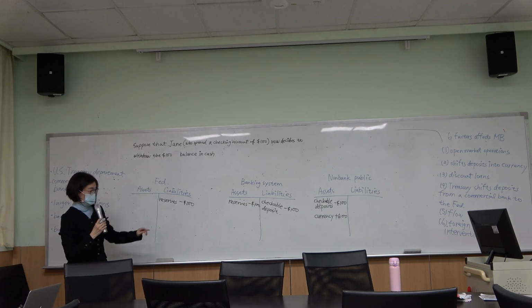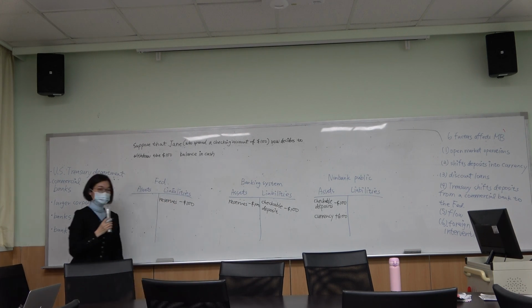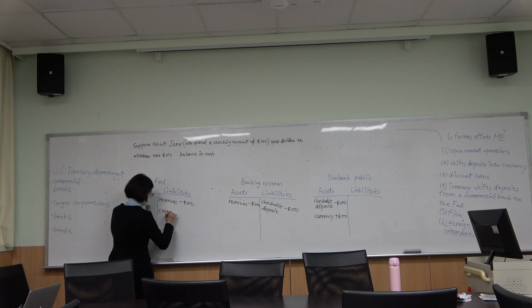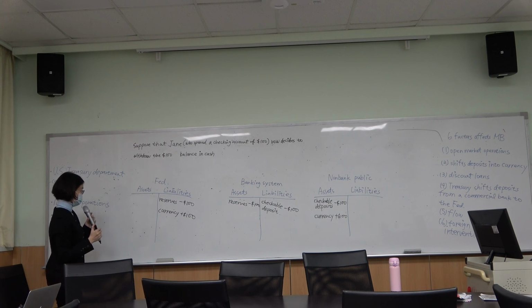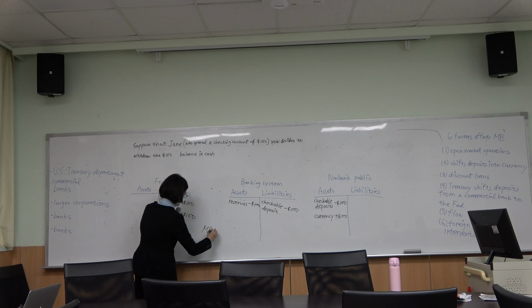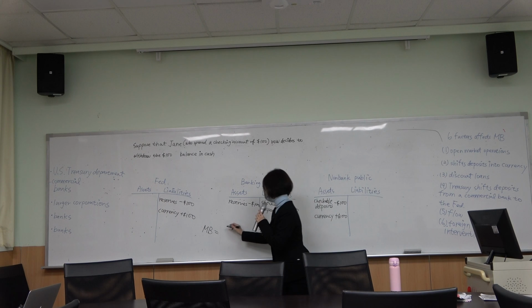However, now in circulation we have seen $100 more in currency. So what happens to the monetary base? The monetary base by definition is the summation of currency